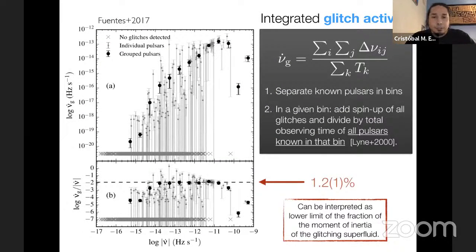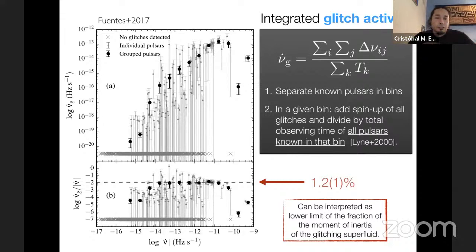Let me go back to looking at this whole database, because we can calculate something that is called the glitch activity. The glitch activity is essentially when you add all the spin-ups due to glitches and divide by the time in which they occurred. But when you do that for individual pulsars, because the statistics are very low, it's not a very good number. The uncertainty is very, very high. So what we did is something that was done first in the year 2000 by Andrew Lyne,